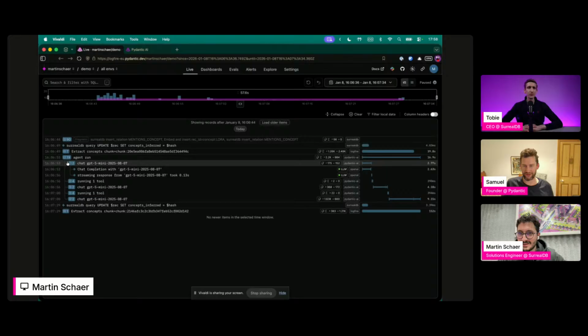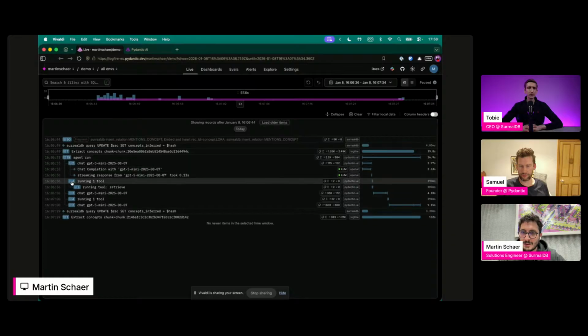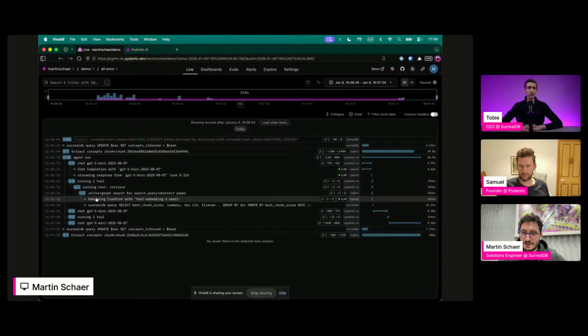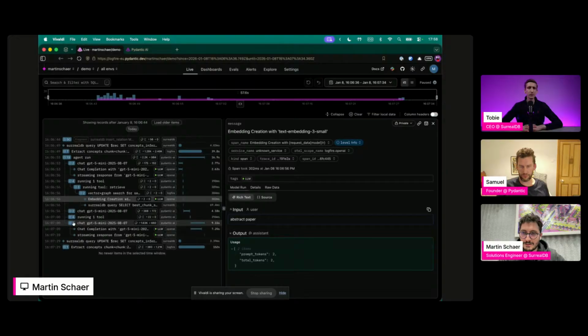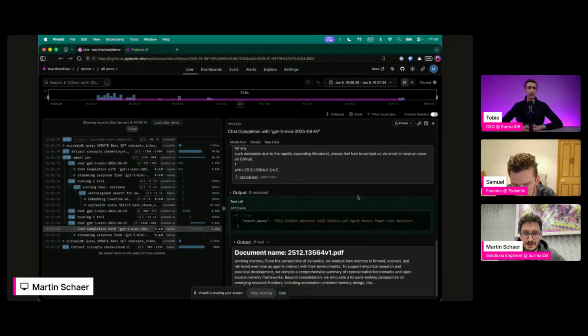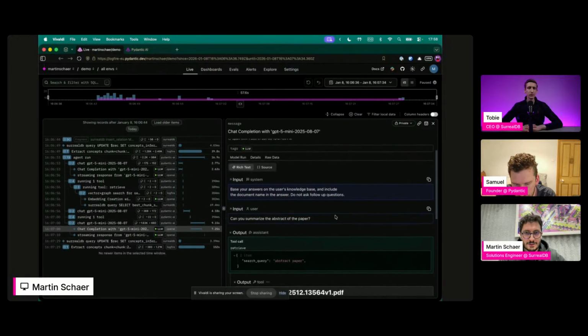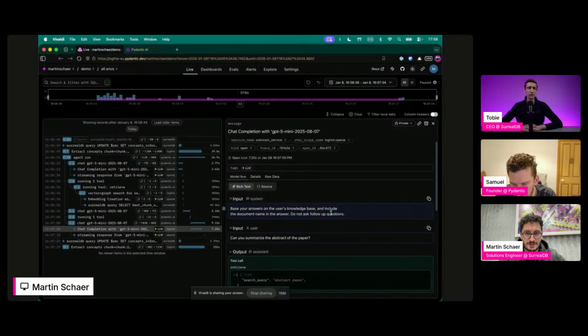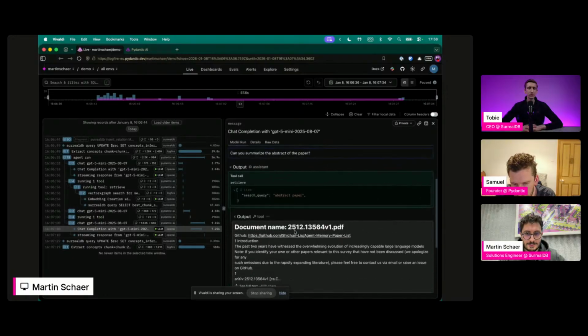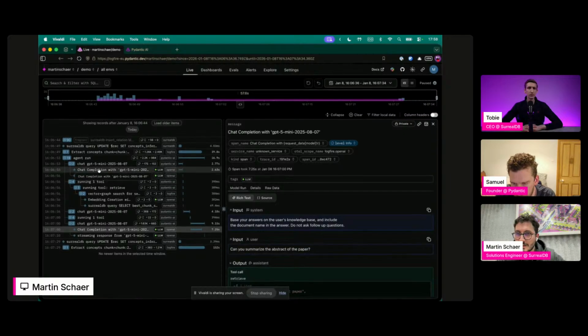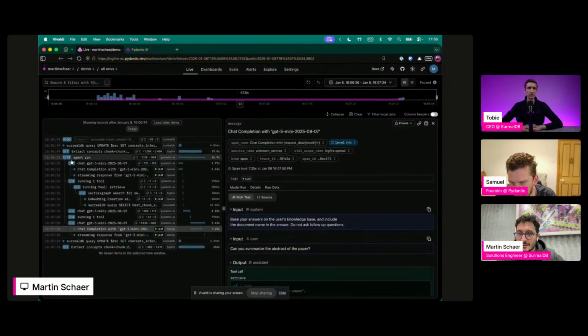But here, basically, this is what you will see. This is, again, a previous run, probably the same prompt anyway. What I like about this is that you can actually see the full input.